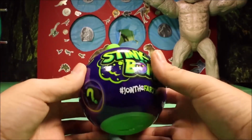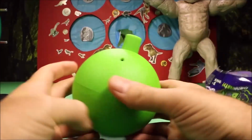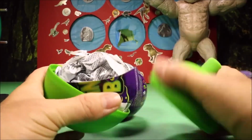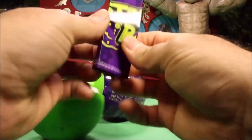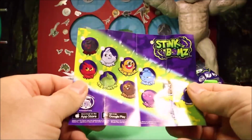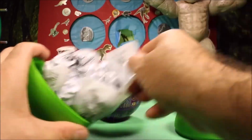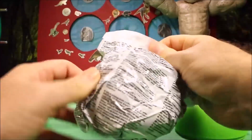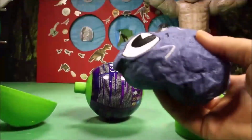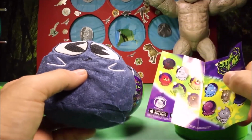Okay, so let's see what's in there. These things are so awesome. So it is a stink bomb. You go ahead and open it, and you get this little pamphlet here. It says Stink Bombs, Tomy, and it shows all the different ones. And then they are in blind bags. So let's go ahead, open this guy up, and let's see. Who do we've got? We have...